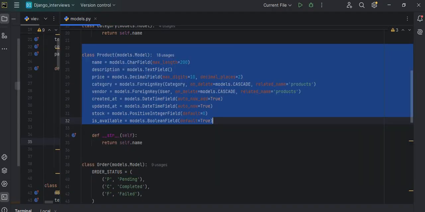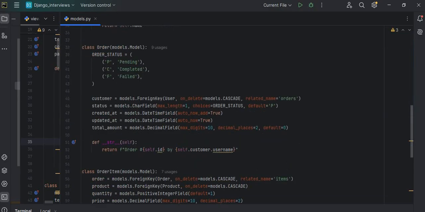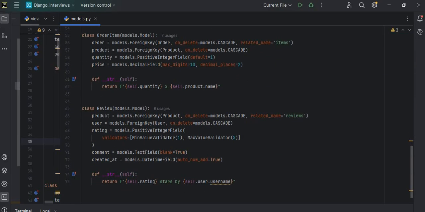And this product has a reverse relationship. Let me show you here. The Product model has a reverse relationship with Review via the related name reviews. That means,